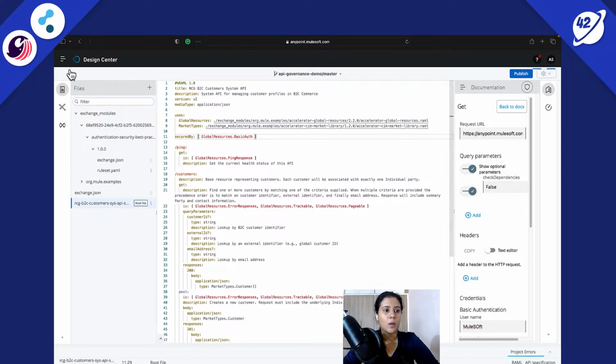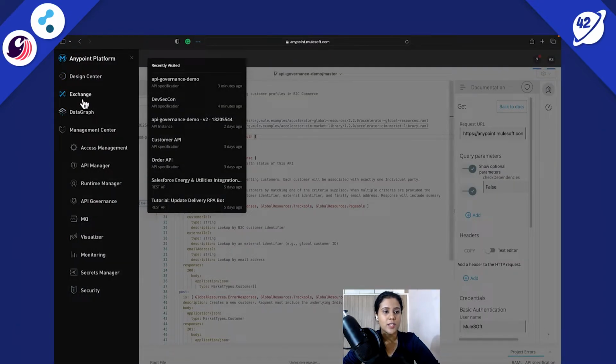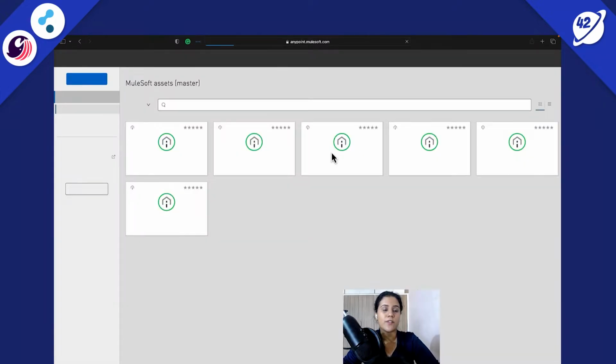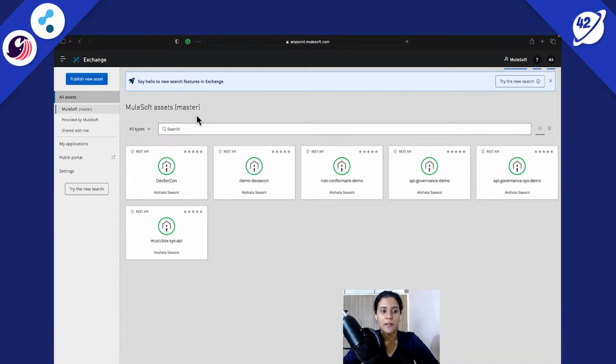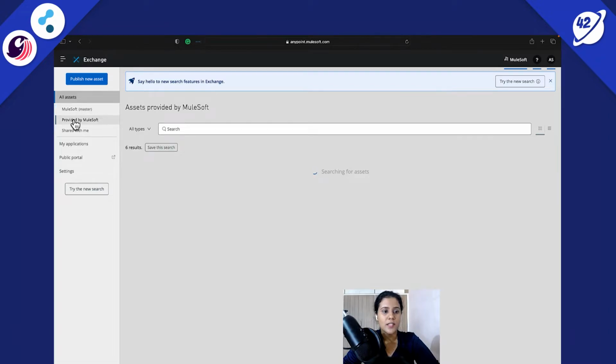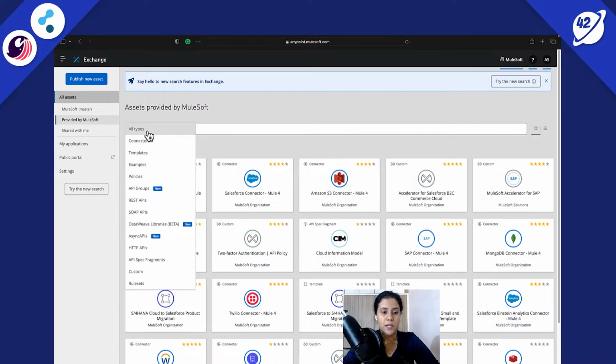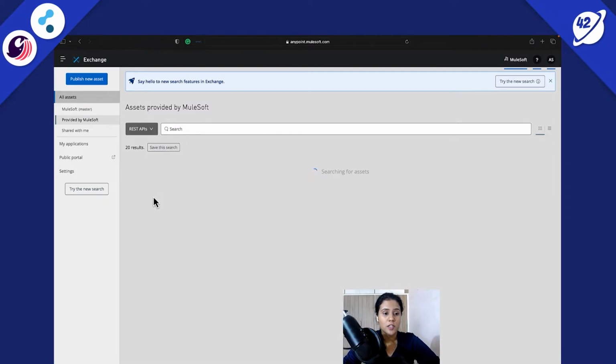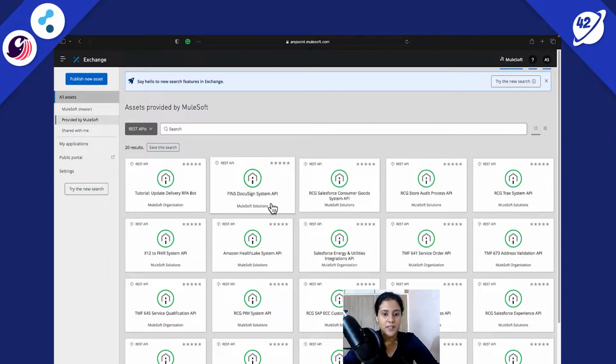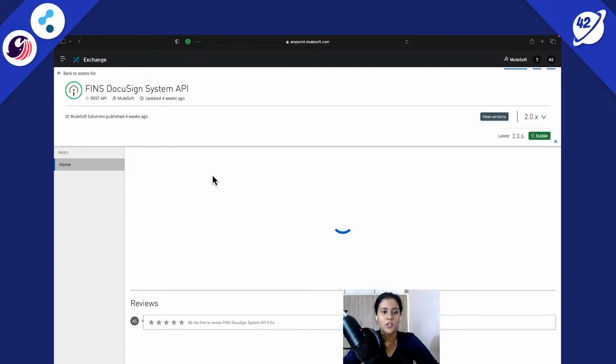Moving ahead, let's go ahead to Exchange, where we can see how we have the templates and how Maxi can actually leverage these templates to speed up our development process. So in Exchange, we have a large number of templates which are provided by MuleSoft. It could be templates, examples, policies, different types of APIs and stuff. You can also use them as a base to speed up your development if you don't want to build something from scratch. So let's go to one of the APIs, REST APIs, and see how everything is documented or cataloged